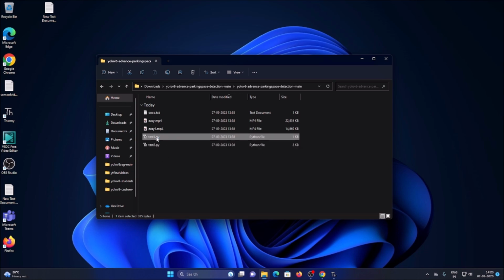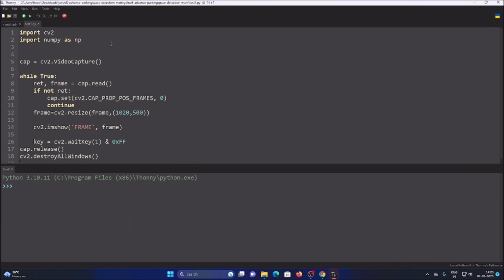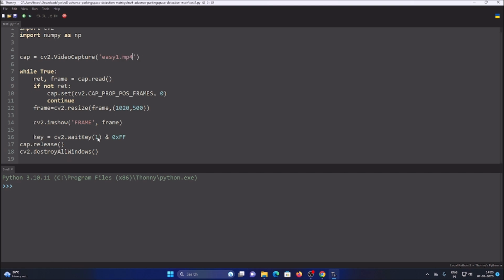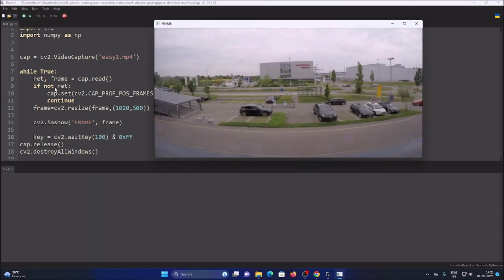So let's open test1.py. This is our test1.py. Here we want to mention our video file name, easy1.mp4, and because this is a time-lapse video, we want to increase some waitKey value. So I have mentioned 100. Save the code, and if I run the code, as you can see,